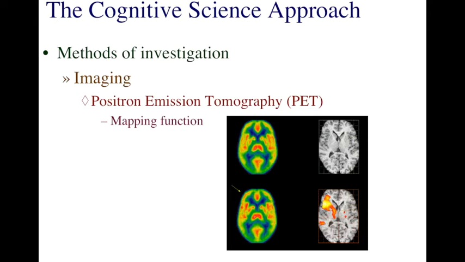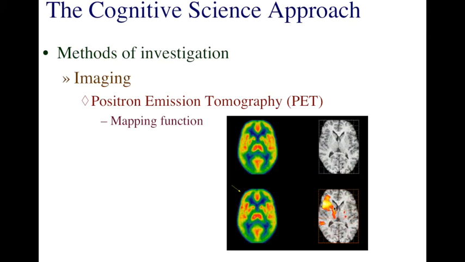The right column shows the cerebral anatomy for the particular slice we're looking at, and at the bottom, the same image showing activated areas. The way these activated areas are determined is simply by subtracting the brain activity at rest from the brain activity during the task. And when we do that, we can see that there are areas lit up here.